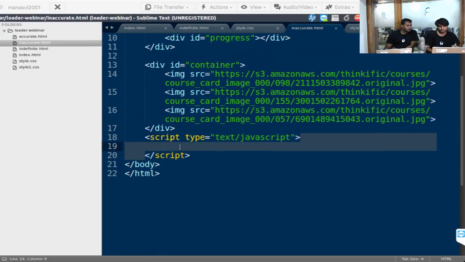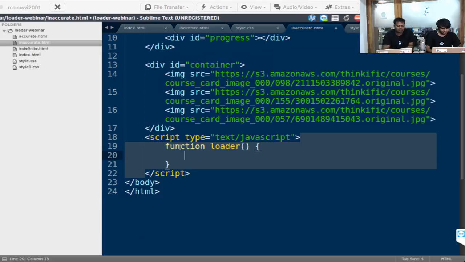So now what I'm going to do is define a function, loader, and then I'm going to get all the images that I have in our HTML. So all images equals